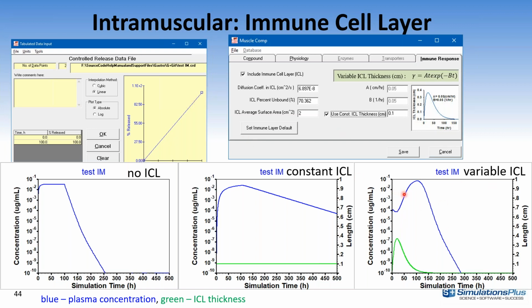And again, how it would affect the simulated plasma concentration using the same exact release from the formulation itself. So you can see, if you only see the plasma concentrations and try to do the deconvolution of the apparent in vivo release, you can imagine each of these would give you very different in vivo release, even though the changes in the plasma concentrations in this case are really not caused by the release of the drug from the formulation, but they are caused simply by the differences in the immune response, or in the response of the body to the injection itself.